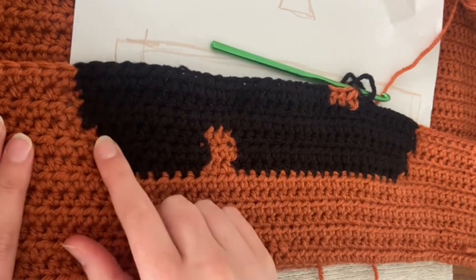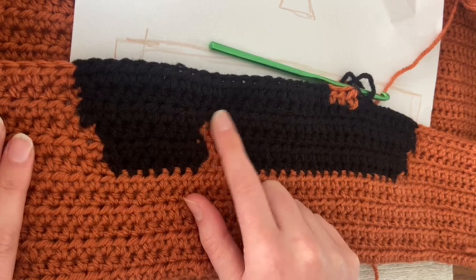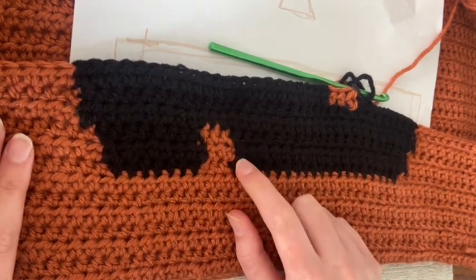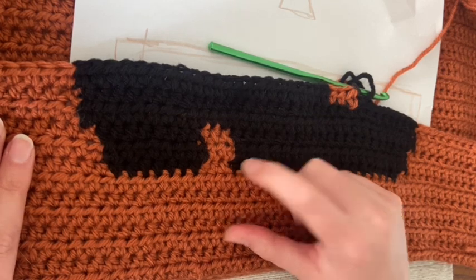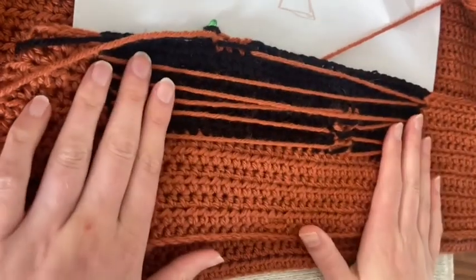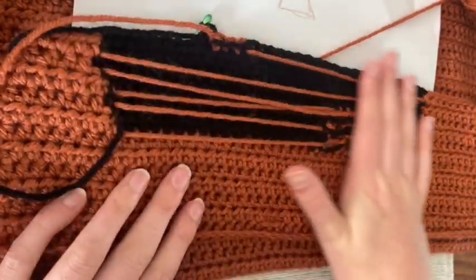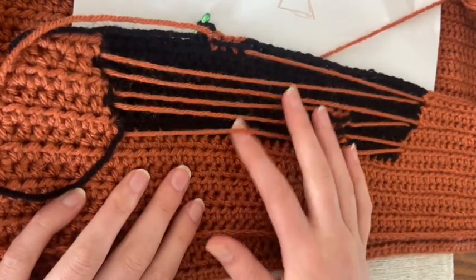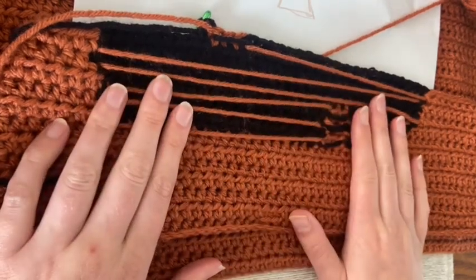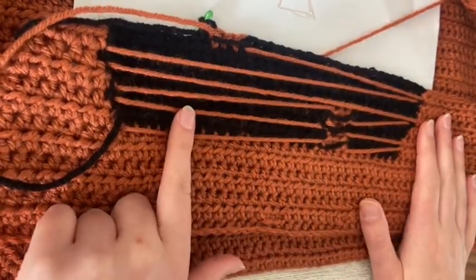I can fix this little uneven line, or like this tooth, we can weave in some of the yarn to kind of smooth out that as well, and smooth out down here. Just a few different things. Or like I had brought up earlier, you can kind of figure out a way to patch, add a piece of fabric so this doesn't rub or pull, but we're definitely going to be snipping this at the end. So if you're looking at this and wondering what we're going to do, I just wanted to go ahead and